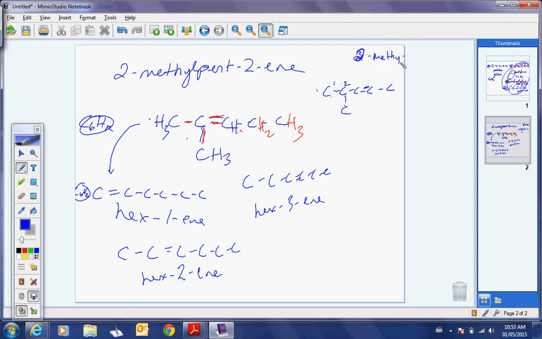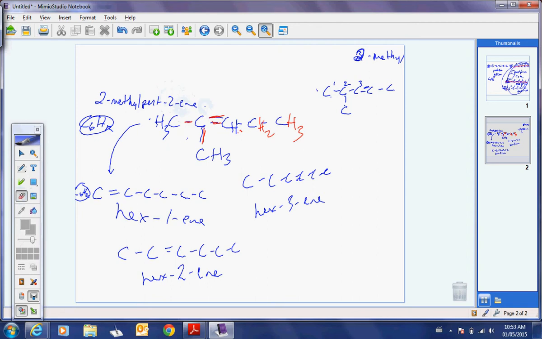2-methyl, 3. This one was 2-methyl pent 2-ene. Okay, so this is called, if we number it this way, 1, 2, so 2-methyl pent